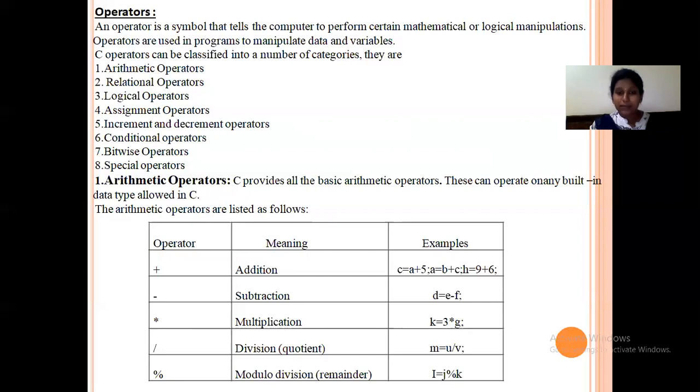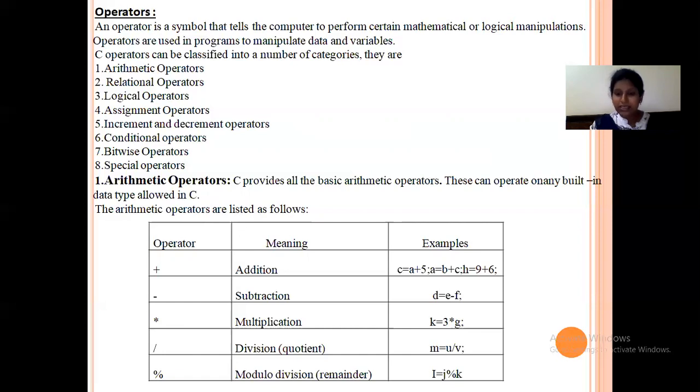Then see the example for addition. You can add two numbers, or you can add two variables, or you can add one number with another variable, using this operator in between. The resultant value will be stored in another variable.